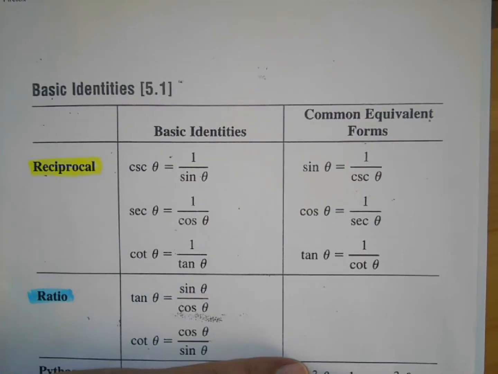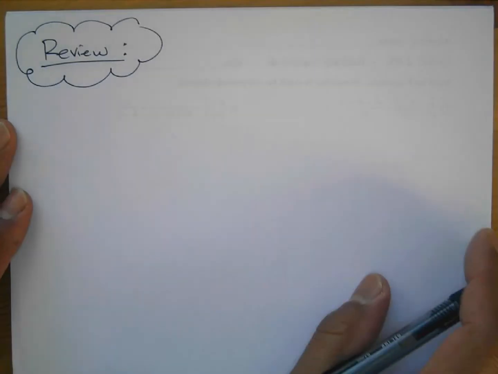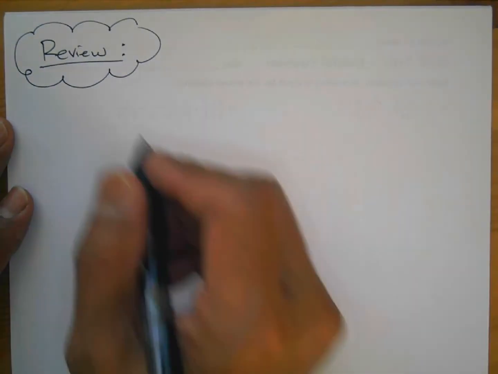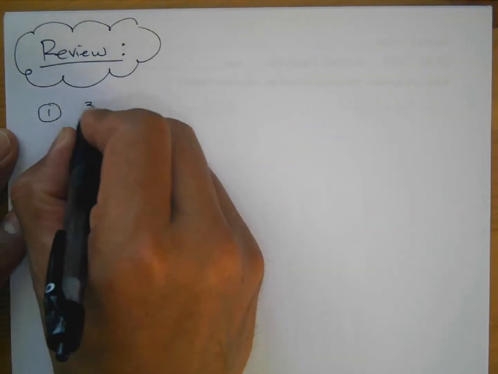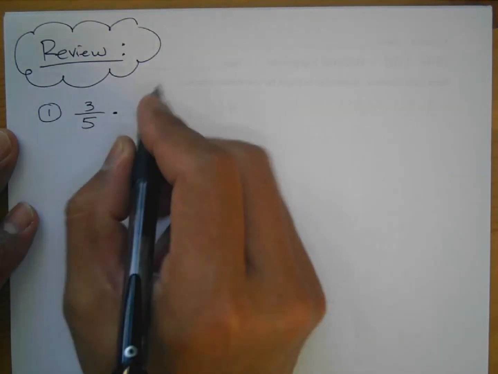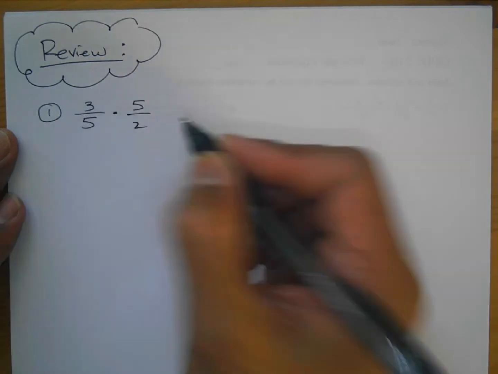Tangent is sine over cosine. Okay, so let me have you understand this. The review here, so that you understand exactly what's going on, is as simple as this. Let's say number 1. If I have 3 over 5 times 5 over 2,